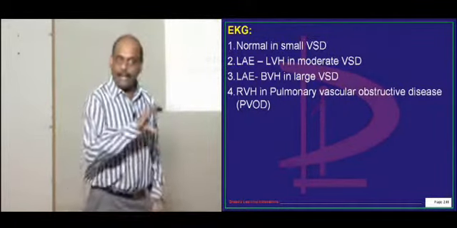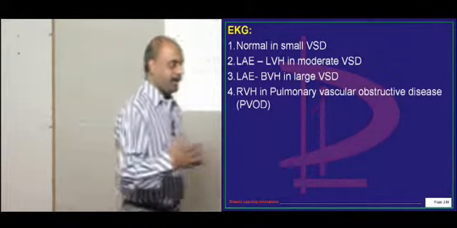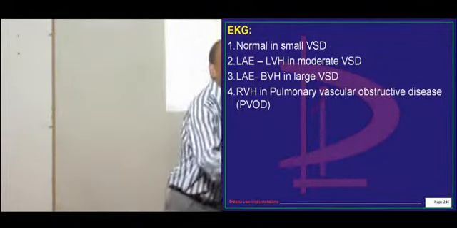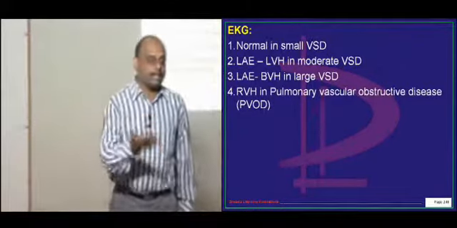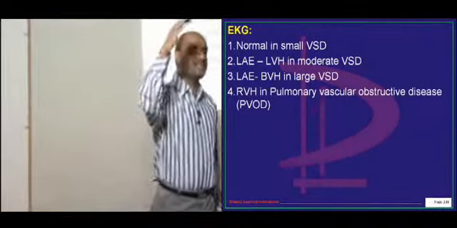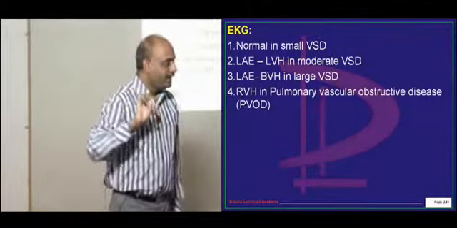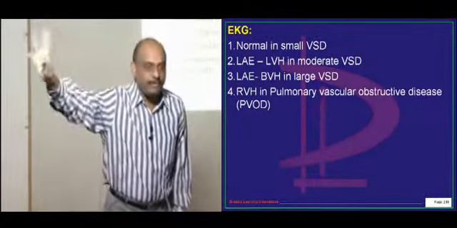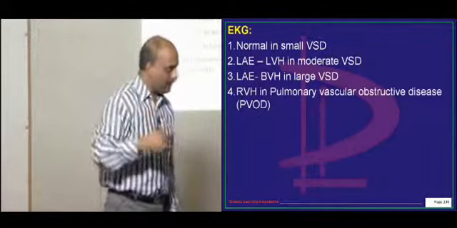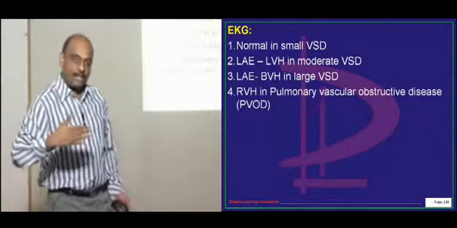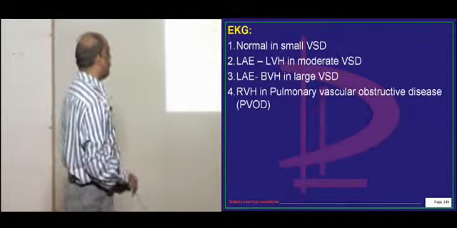So simply by looking at the ECG you can know, in the career of the VSD, whether this individual has gone to the position of vice president, president or chairman, depending upon whether it is a normal ECG, biventricular hypertrophy, or right ventricular hypertrophy. Based on that you can judge what was the natural course of the VSD.